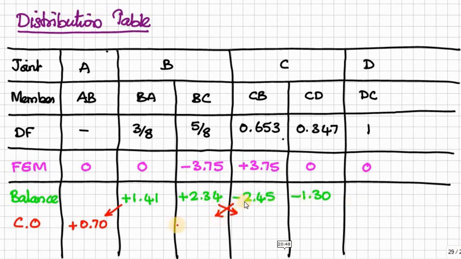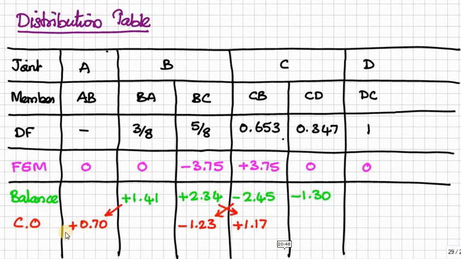So, see, this is minus 1.23, this is plus 1.17. But here, at CD, we have applied some moment. The opposite end of CD is DC. Fortunately, DC is the hinge support, so it cannot accept any carryover moment. Therefore, no carryover moment is given to the DC member.